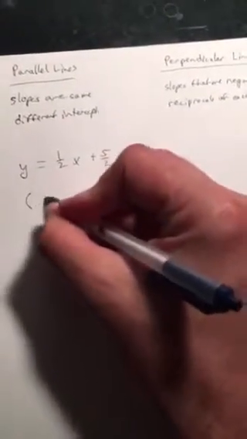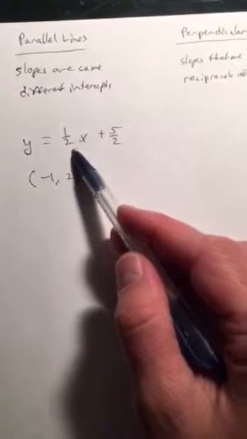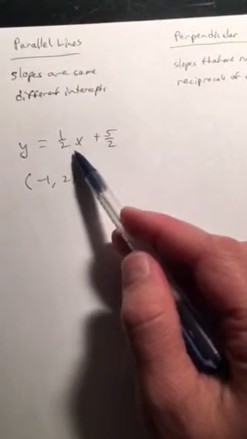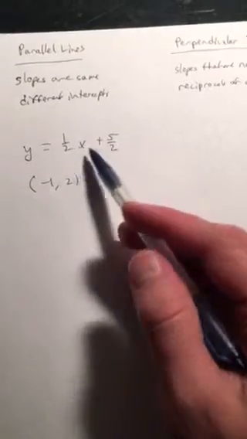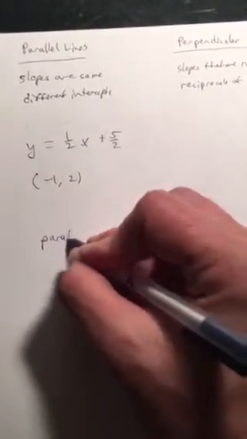Now what a negative reciprocal means is take the slope, flip the fraction over, and change the sign. So let's actually take the equation that was in the previous video, y equals 1/2 x plus 5/2. And before I was using the coordinate 3, 4, I'll actually use the coordinate -1, 2 this time. We're going to create a line that is both parallel to this first one and then one that is perpendicular through this one. So a parallel line